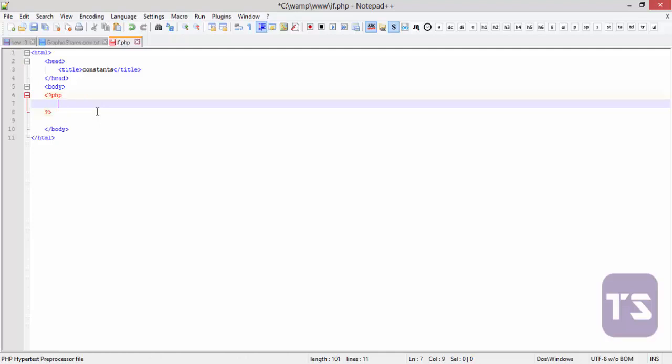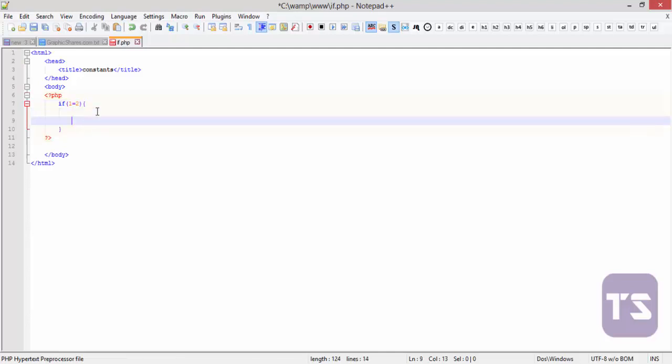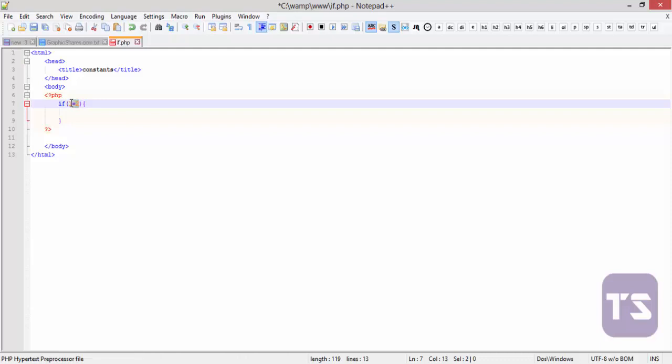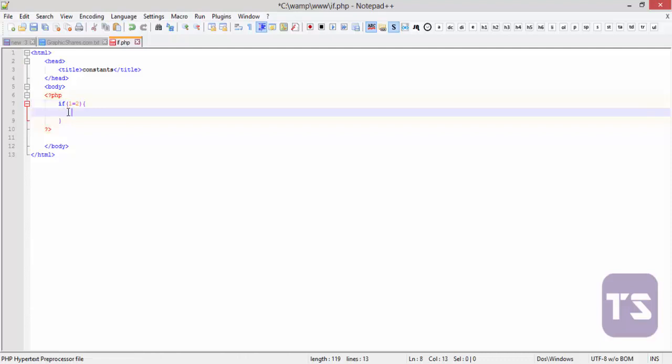You use the word if, then you open a bracket. What goes inside the bracket becomes the argument. So let's say if 1 is equal to 2, then you open a curly brace and close a curly brace. Sorry, the statement goes into the curly brace. The argument goes into the bracket while the statement goes into the curly brace. Now let's say if 1 is equal to 2, what will you do? Echo